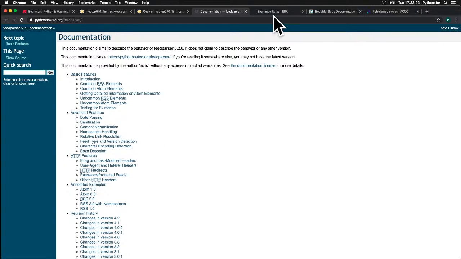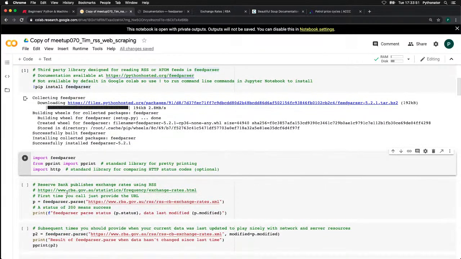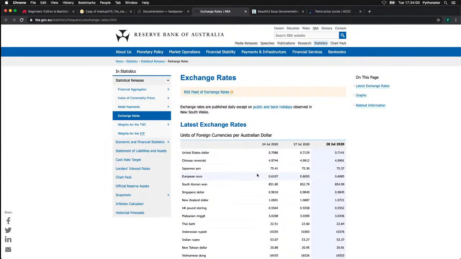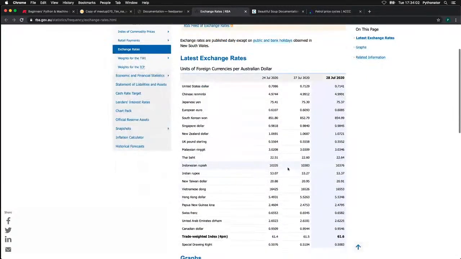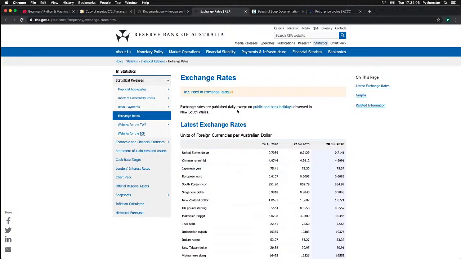So what are we going to be looking at today? I've got a link here to the Reserve Bank, and they've got a web page showing what the current exchange rates are. So let's have a look at the exchange rates. That's what they are, but if we want them in a more computer-friendly format, we look at this RSS feed, and we see here they kindly provide an RSS feed. So if I click on that,